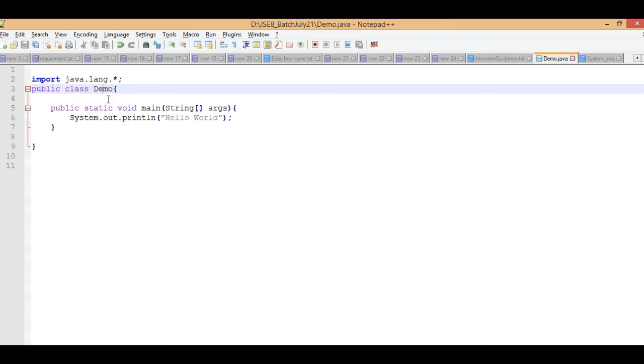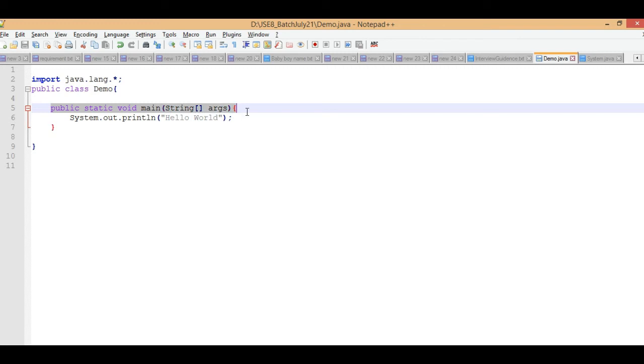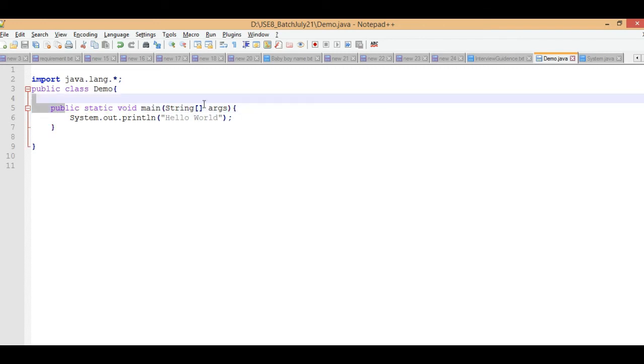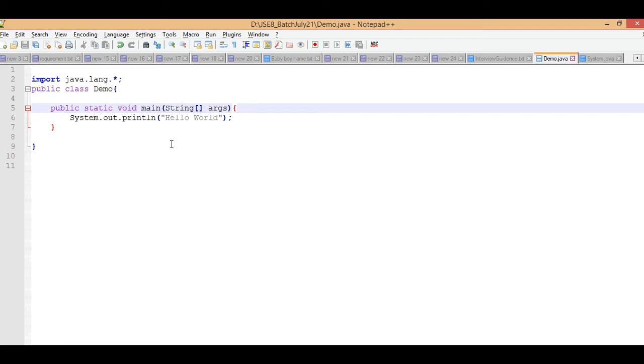Now come to the next point. This is the declaration of a class. Public means, again, the same thing. This is the standard declaration of a method, and this is the starting execution point for the runtime environment.